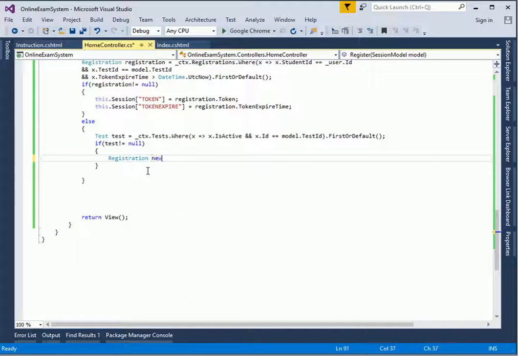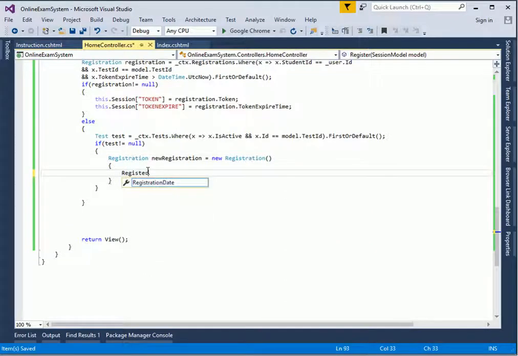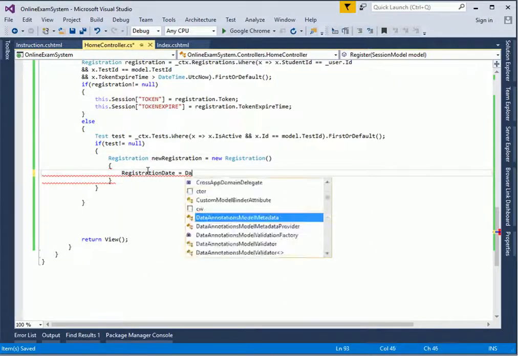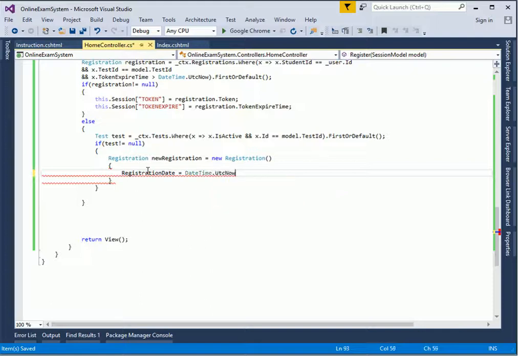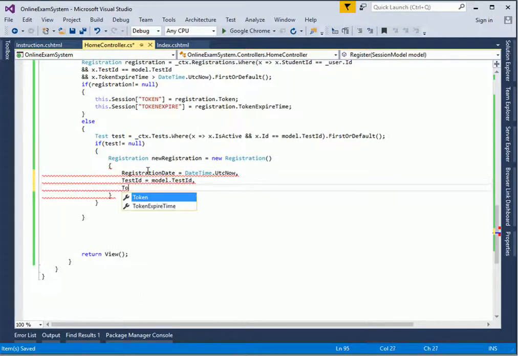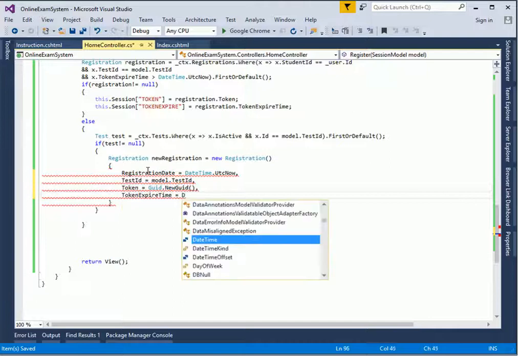Registration, let's call it newRegistration, equal to new Registration. Registered date equal to DateTime.Now. The test ID is model.TestID. The token is going to be Guid.NewGuid. Token expire time, let's give it